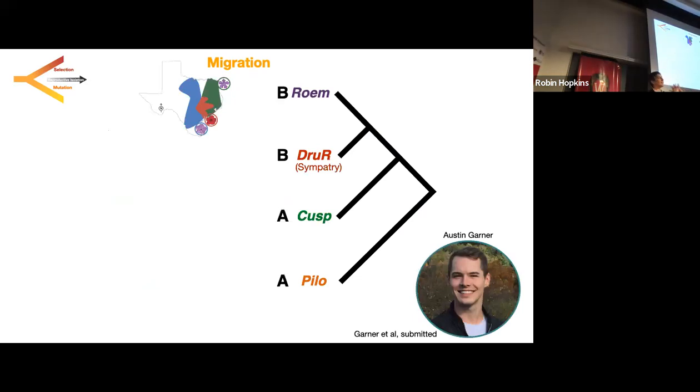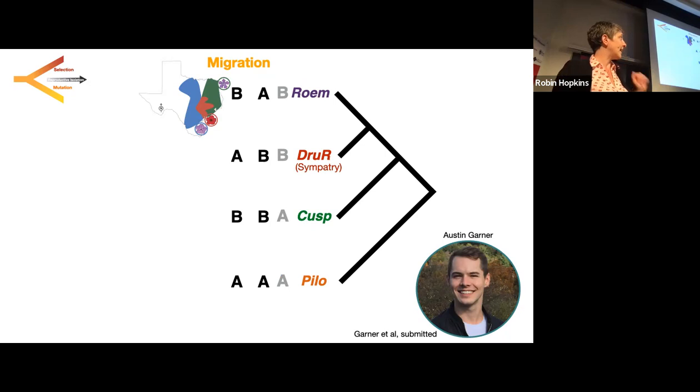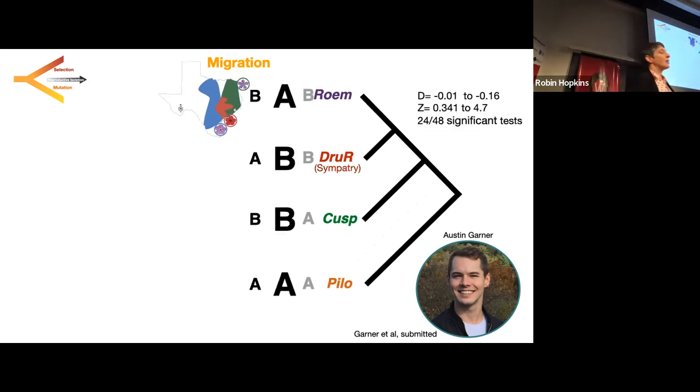Okay, so here we're just going to simplify things and look at those sympatric samples. This was some recent work done by Austin Garner again. He sampled six red individuals from sympatry, three cuspidata individuals, and some outgroups, maRiana and pilosa as well. Most of them show this BBAA SNP topology, and he's looking at ABBAs and BABAs to see whether we see more ABBAs, consistent with gene flow between Drummondii red and cuspidata. And sure enough, he did. Because of all the samples he used, he did about 48 tests.